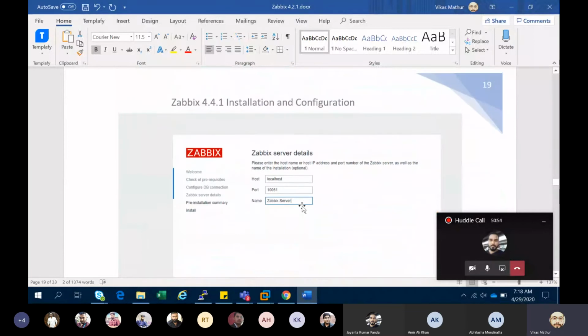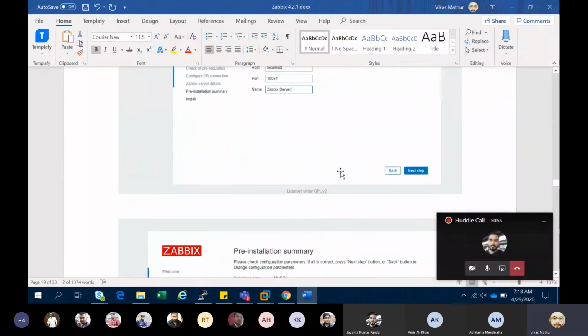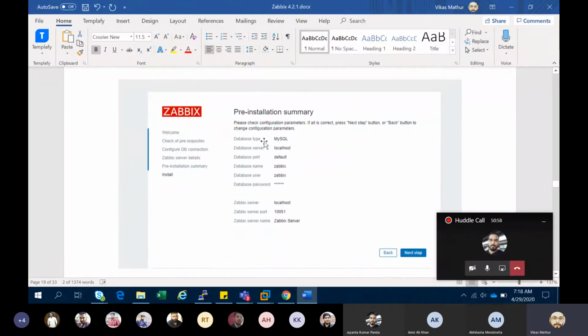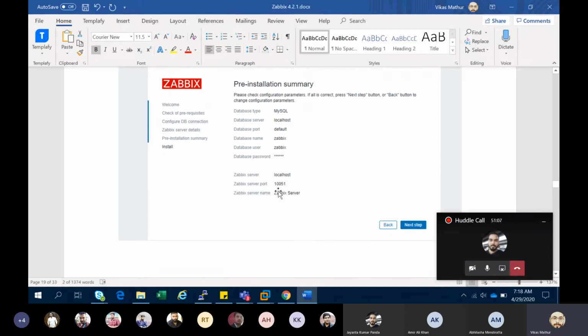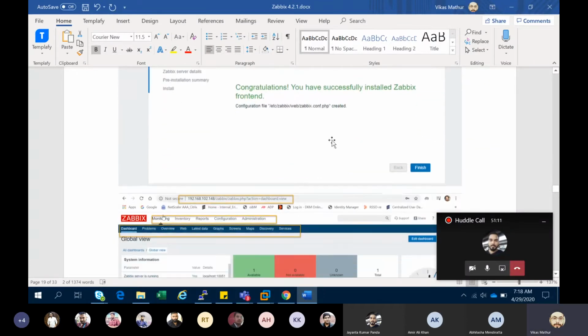I'm giving the name of the Javix server. After that, it will show the pre-install summary. It will tell about your MySQL, localhost, default, and everything. So my Javix port will run on 10051. This is the configuration part, and after finish,